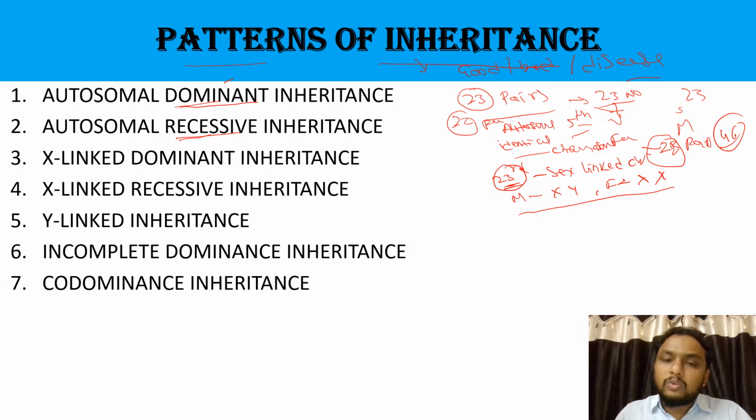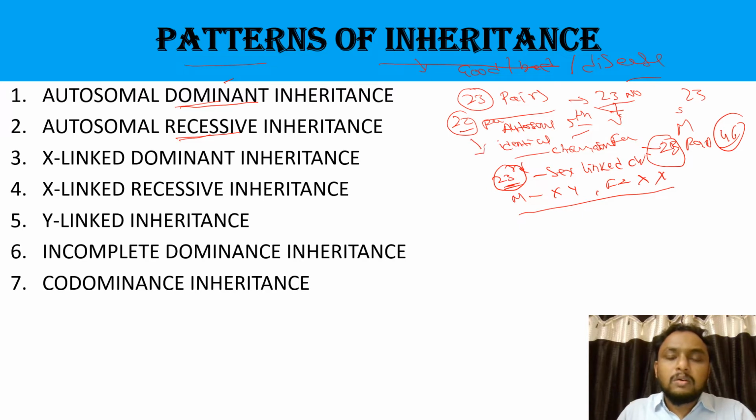The remaining 22 pairs of chromosomes are identical chromosomes which are transferred from the mother and father. These denote the color, height, weight, the color of the eyeball, the color of the hair, the good characters, the bad characters, and the diseases also. At the same time, we have to focus mainly on diseases. Imagine your father is diabetic and the mother is non-diabetic, and the offspring is diabetic. It means there is a transfer from the father to the baby. That is called inheritance.